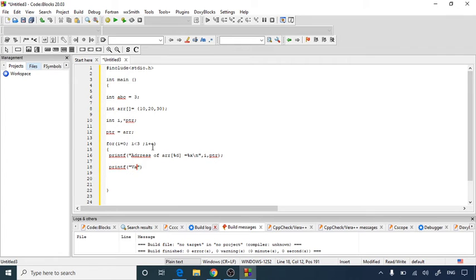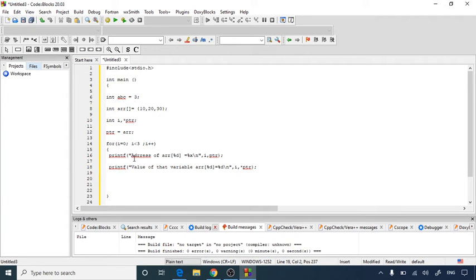So we can write value of that variable. That will be, again in the same way, %d, the element of that array only, in integer format, also \n, that is comma i, comma *ptr. So here we use asterisk ptr.